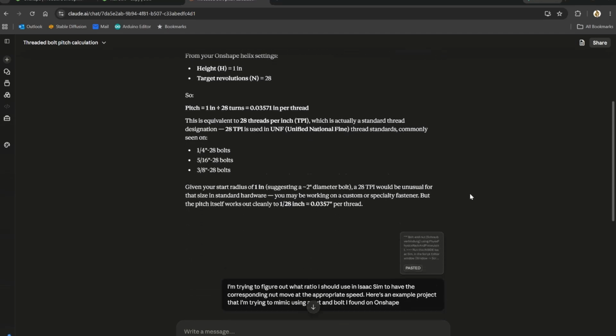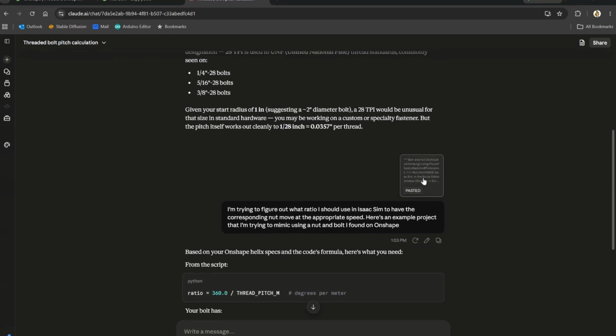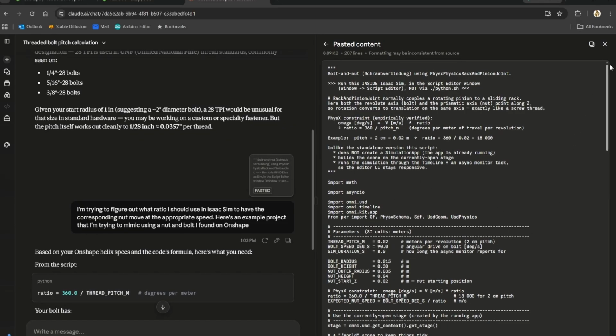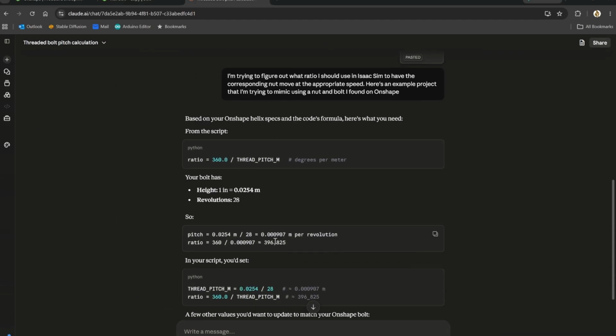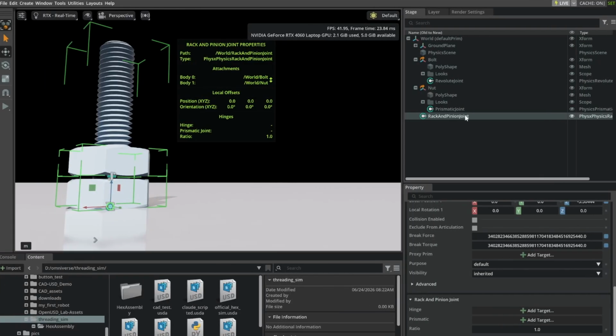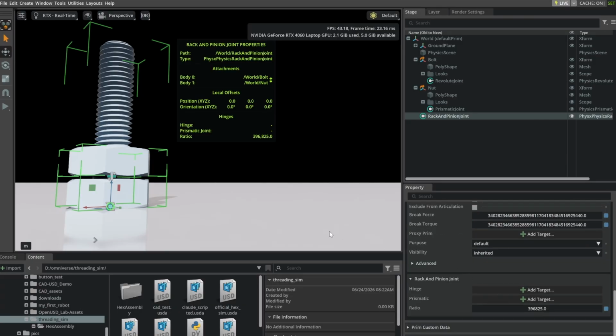And it told me. And then I said, hey, we're doing the whole thing where I look at our code, our original sample that we got from the Discord channel. And it went ahead and gave me the ratio that we need for this specific project. And so when I drop that ratio in here with everything else set that we've been talking about, now when I hit play,